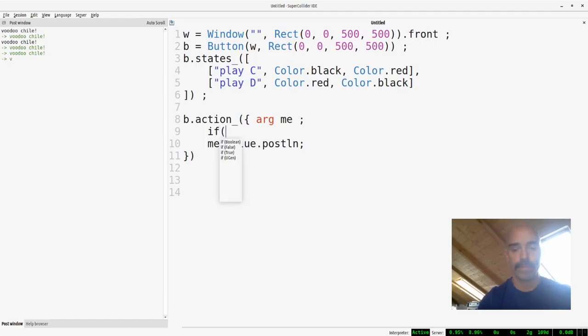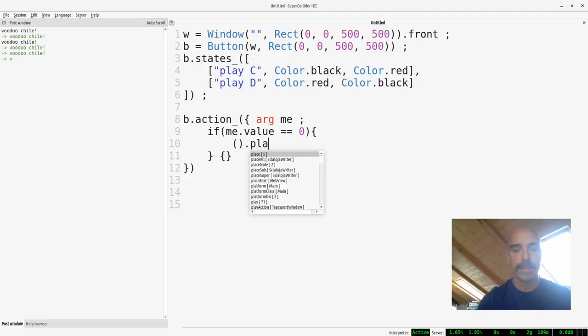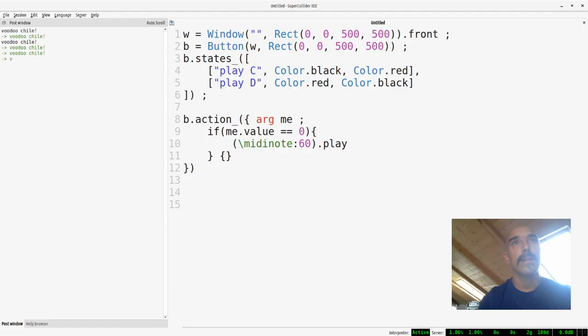If me value is 0, first state, then we do something, otherwise we do something else. And what can we do? Well, we can do something audio related, like we're using our black box synthesizer,